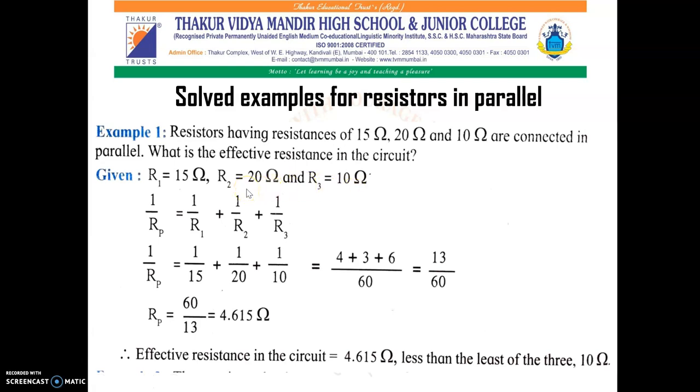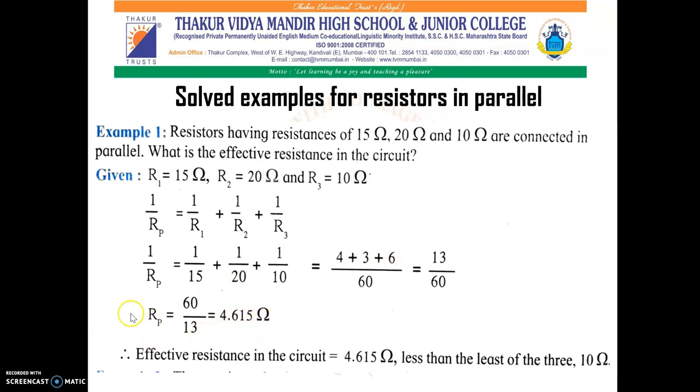Now you know very well that when the resistors are connected in parallel, then the inverse of effective resistance is equal to the sum of the inverse of individual resistances, that is 1 upon Rp. Rp means resistance in parallel. That is equal to 1 upon R1 plus 1 upon R2 plus 1 upon R3. So we have all the three values. 1 upon 15 plus 1 upon 20 plus 1 upon 10. Solving it, we will get the answer as